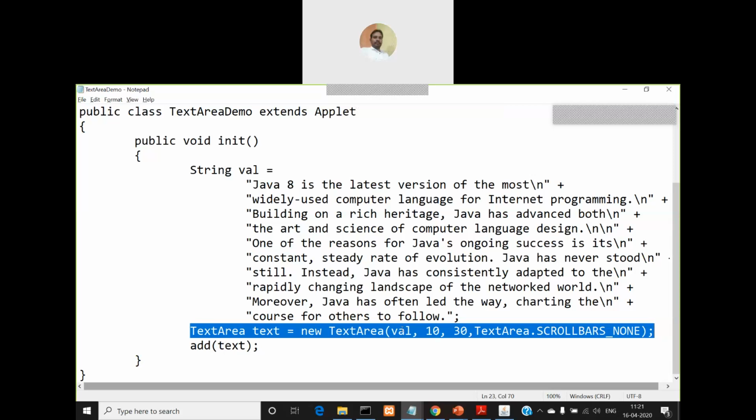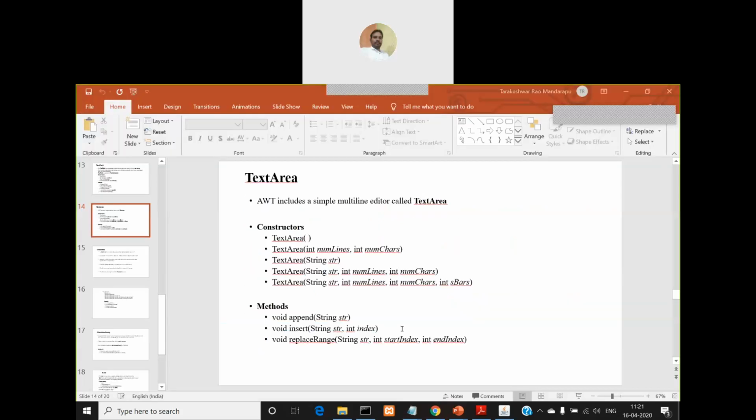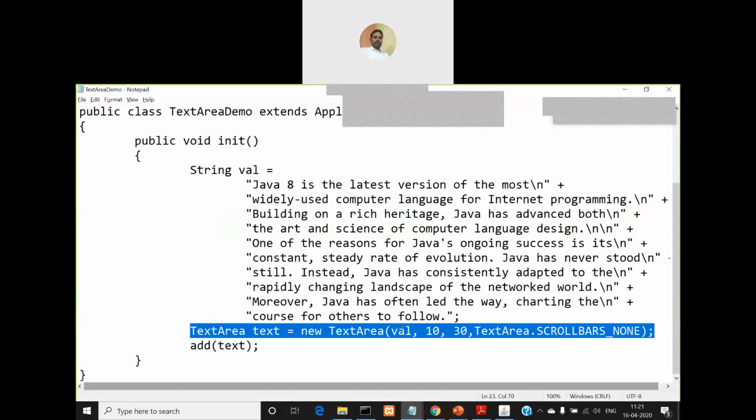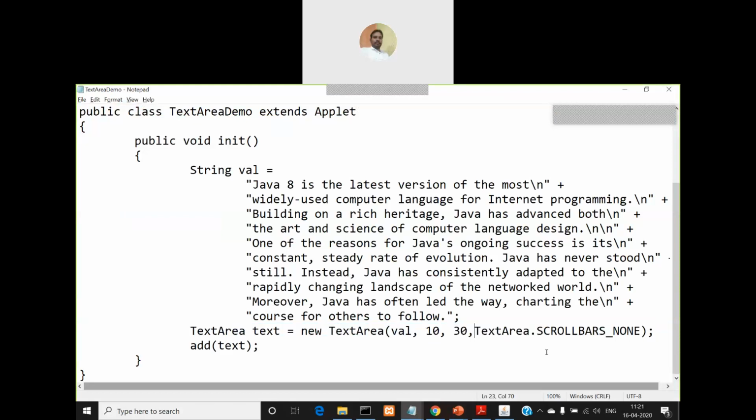If you don't specify the last parameter and only specify the first three, then the fourth version of the constructor will be used, which takes only the default string and the width and height of the text area, and by default both the horizontal and vertical scroll bars will be created for your text area.